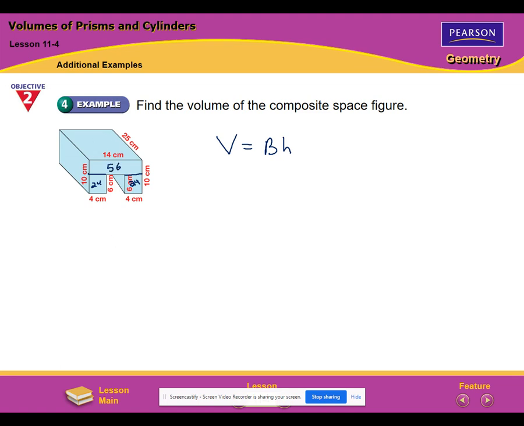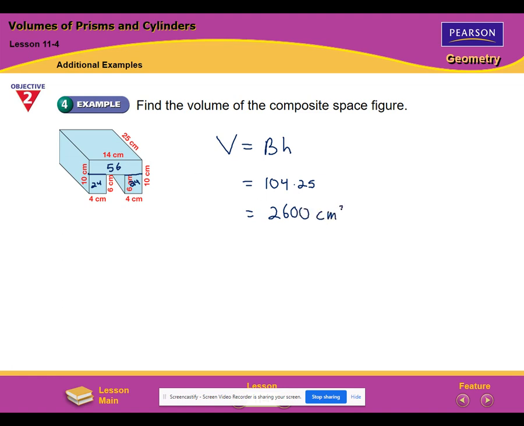So I'm just going to calculate the base as being 24, 56, and 24. A little bit of quick mental math here, and that is 104. So the volume is 104 for the base times 25. And I better use a calculator for that. 2,600